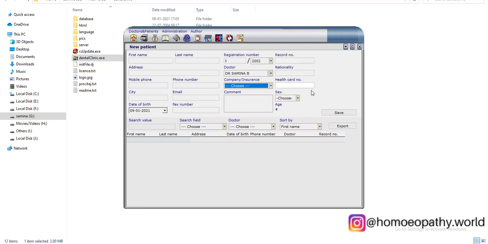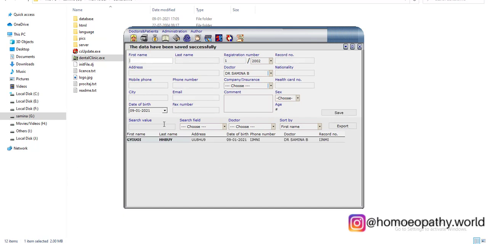Since we are homeopaths, we don't need it, but dental surgeons and other doctors who are running a clinic will need this section also, and date of birth of the patient and all these things, and you can click on save. Now since again I have to enter all these details, I'm just going to go through it.